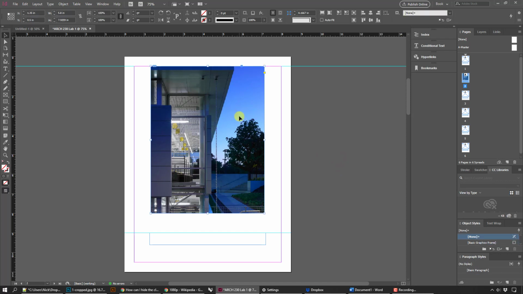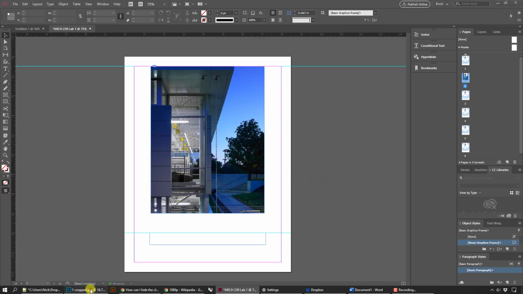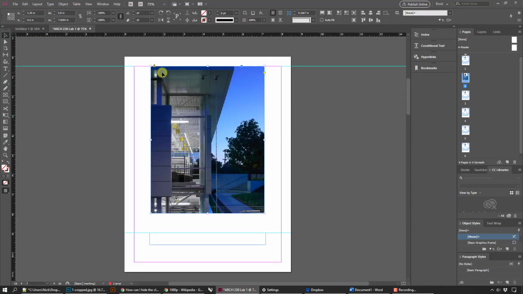That's because the container is a certain size on the page, and the image hasn't been adjusted yet. Remember, this thing is just a container, the thing you put the image into. It's linked to the file through the place command. What that means is that the image is actually not in the document, it's a connection to it. And this is what's really cool about it: if I go back and change this, I save it, and I go back and